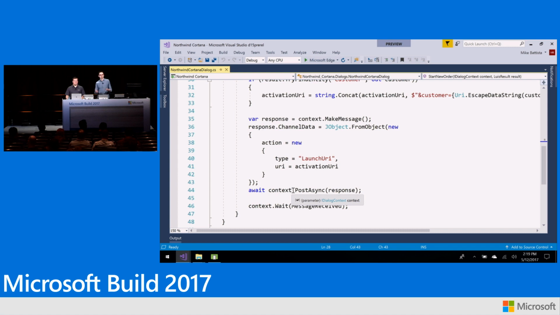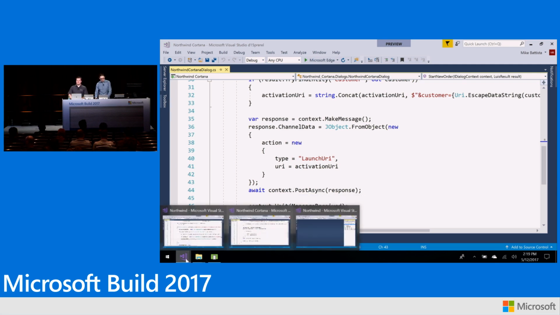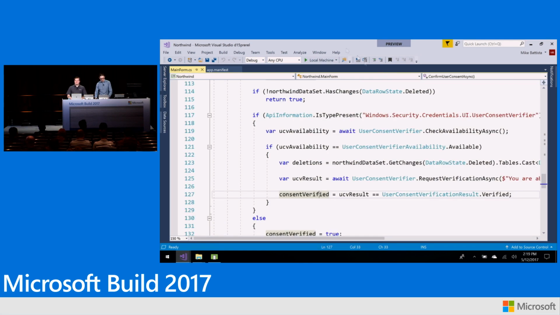So once Cortana gets that, she needs to deep link into the app. She has an activation URI with the Northwind protocol. So we need to register for the Northwind protocol and add that support and add deep link support into our existing WinForms app. So if I go back to our original project,